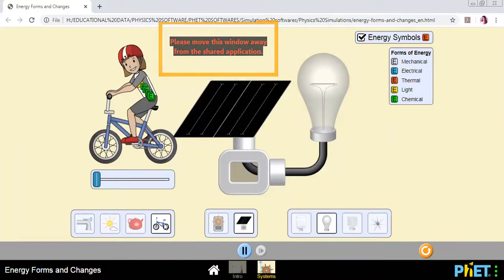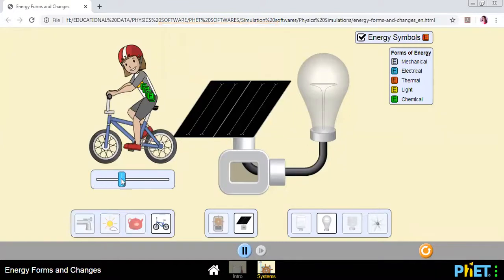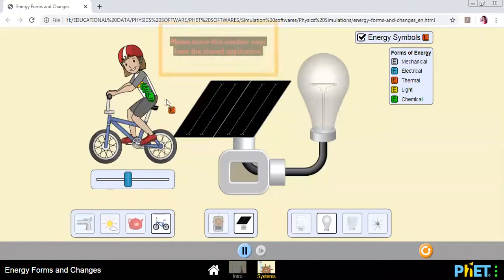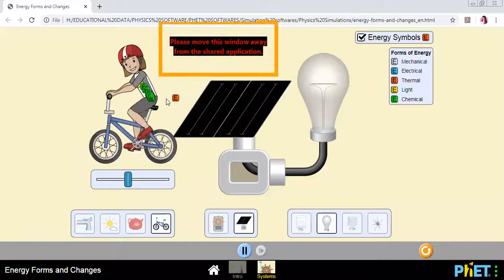Okay, so now let's talk about a boy riding a bicycle. So what is the energy conversion? So let's start. We observe that what we have in us is chemical energy. When we eat food, beta, that food is stored in our body. The food possesses chemical energy, and what is happening? The chemical energy is getting converted into mechanical,